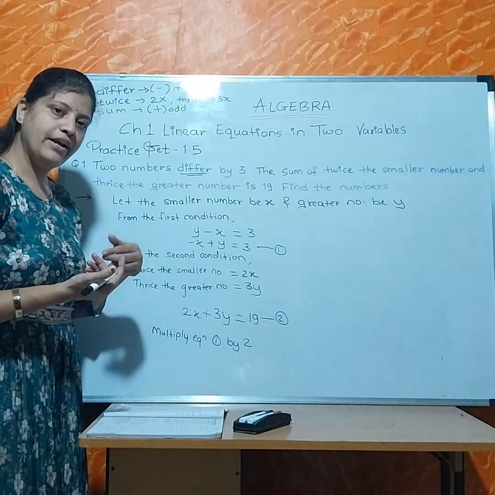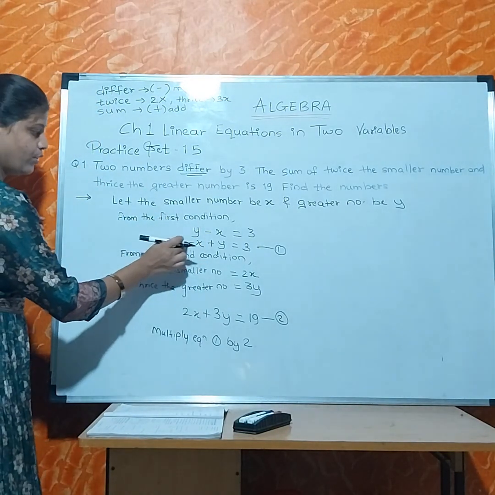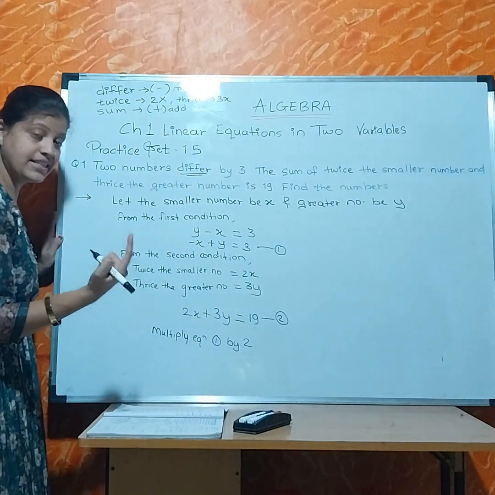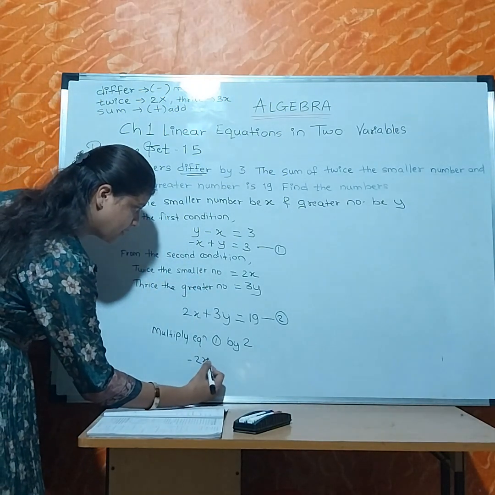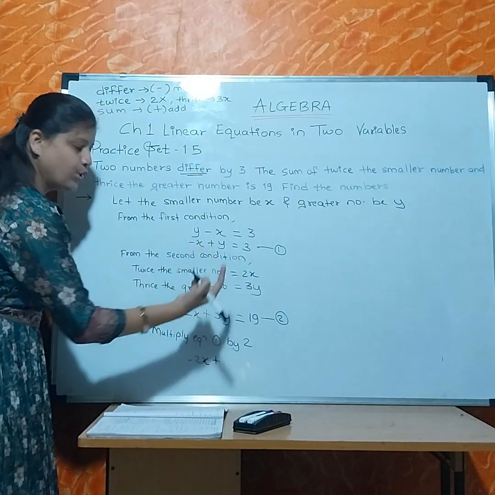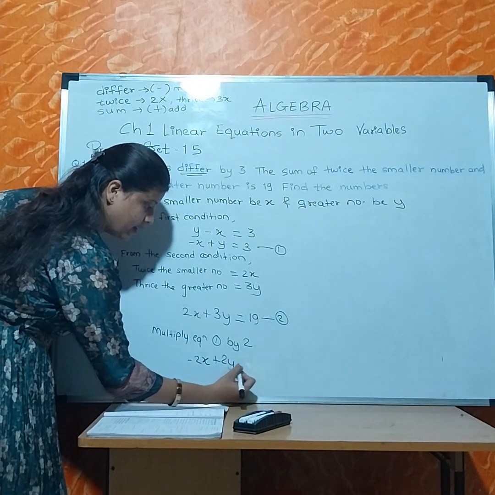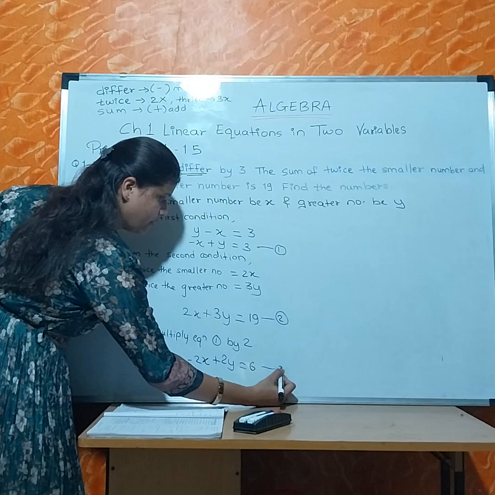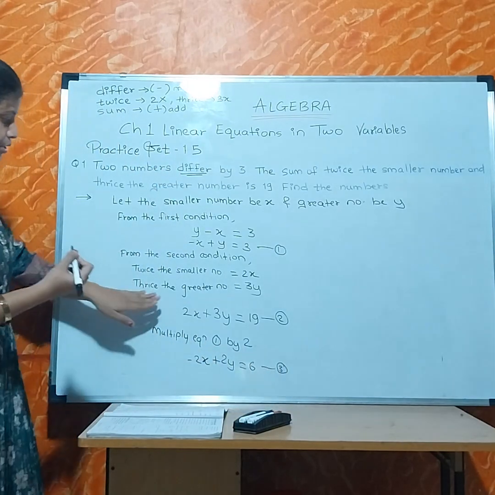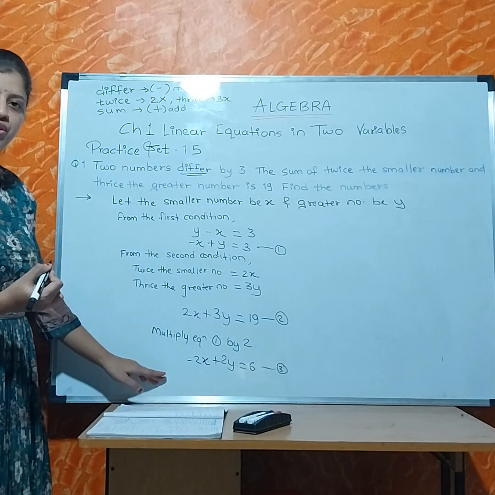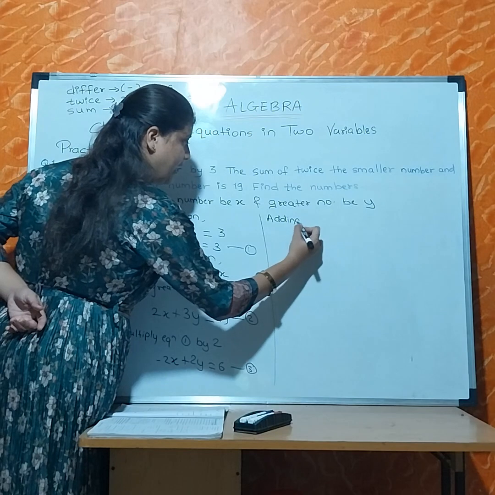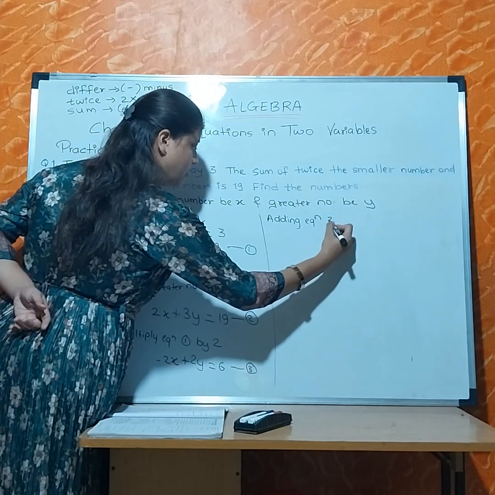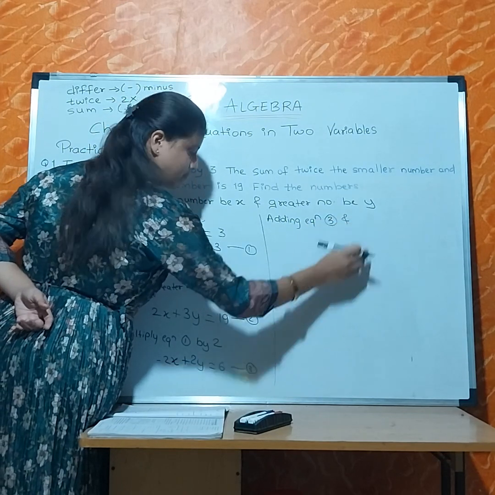2 into 1, we get 2. So 2 into x, 2x, but it is minus x. So minus 2x plus 2 into y, 2y is equal to 2 into 3, 6. This is our new equation number 3. Now we will solve the second and third equations and we will get the answer. Adding equation 3 and